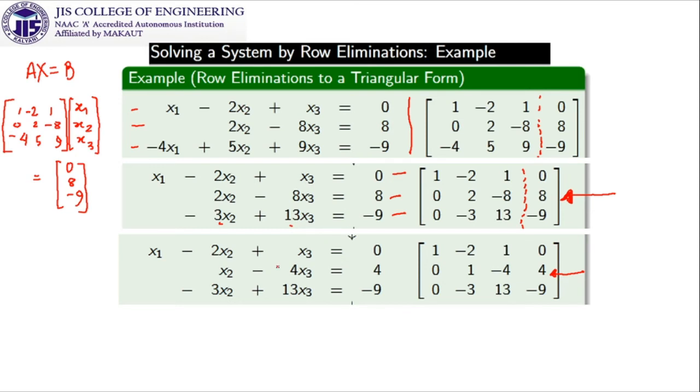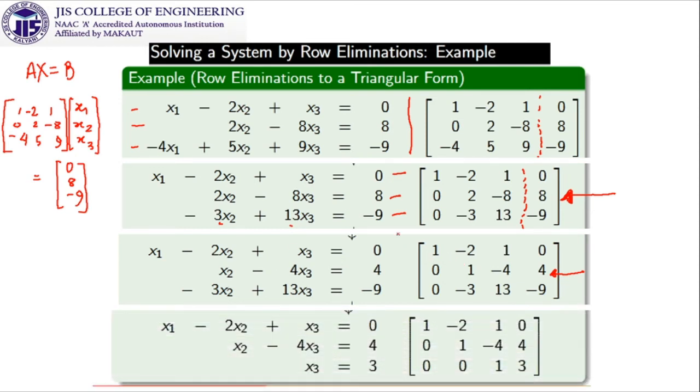So this is the new form, and then, look at this, there is minus 3x2. So what we can do, we can multiply this by 3 and add it to make it 0. So 3 into 4 is 12, minus 12 plus 13 is 1, and 3 into 4 is 12, 12 plus of minus 9 is 3. So what we get, there are 3 unknowns, 2 unknowns, 1 unknown, and similarly the augmented matrix is also having this form.